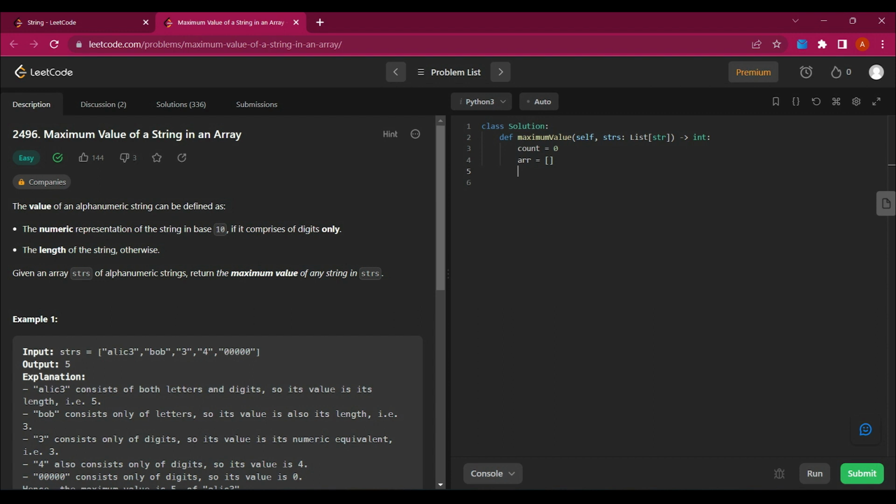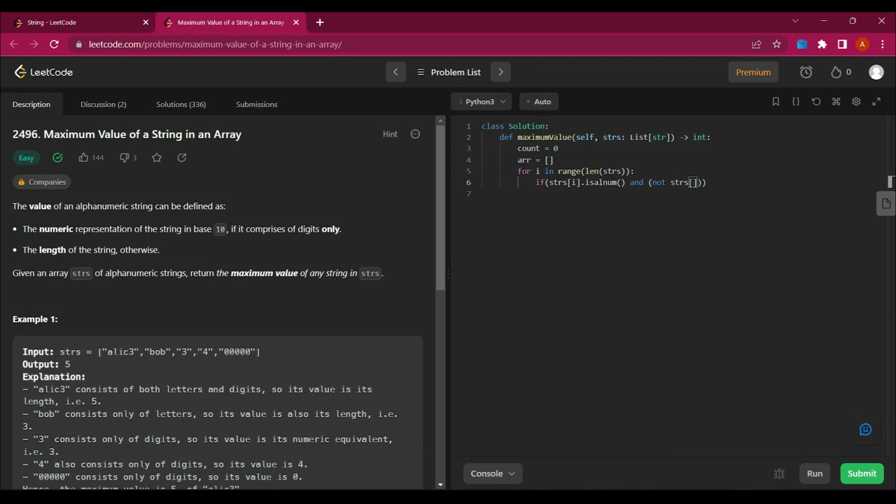So first of all I will create a for loop, for i in range len of strs, and then I will say if strs[i].isalnum, meaning if it is alphanumeric, and it should not be a number, so for that I will say not